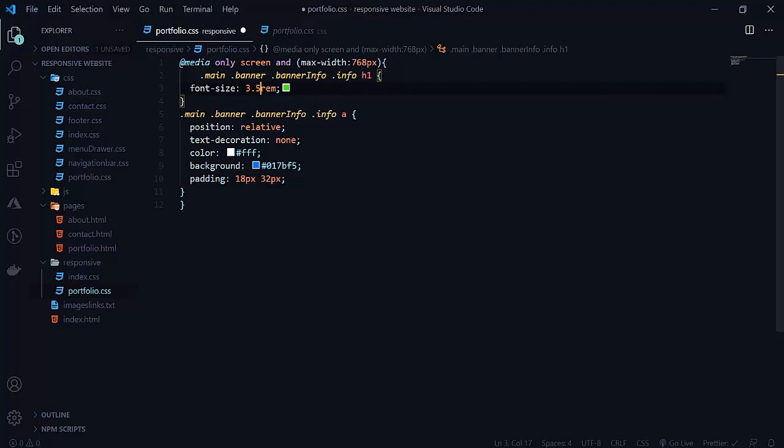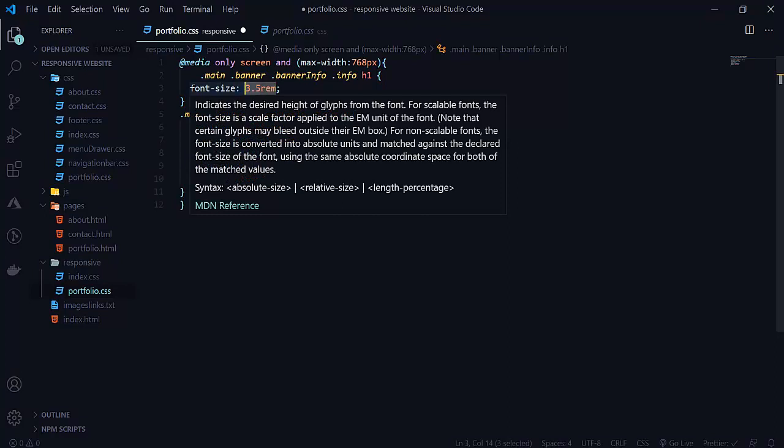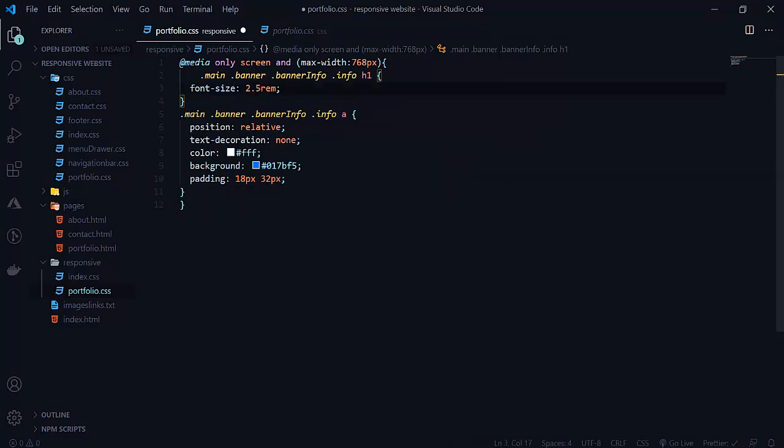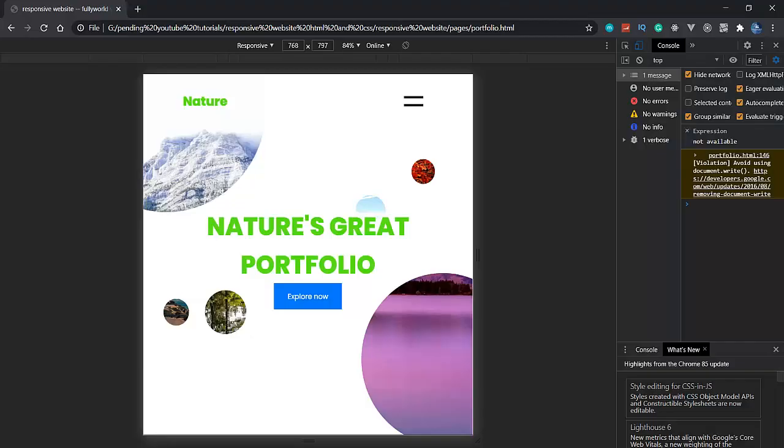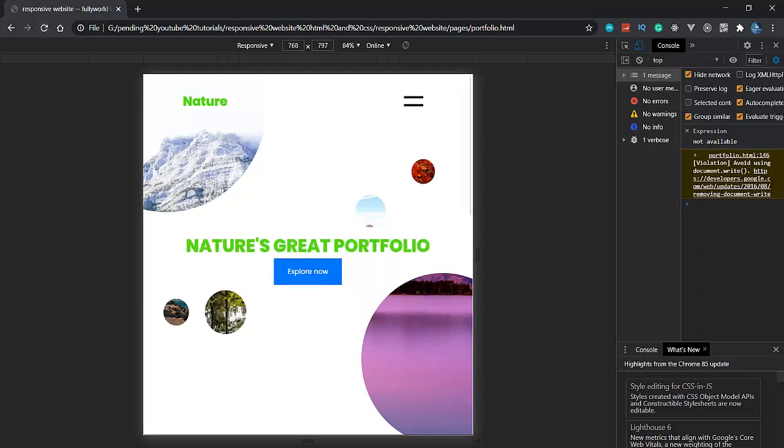So let's see how it looks. Reload this. Yeah, it is looking beautiful. So now let's change this font size also. Let's change its padding.